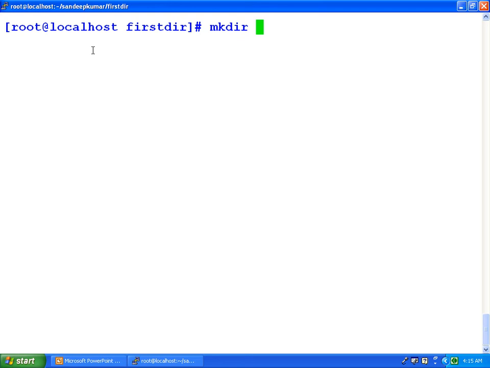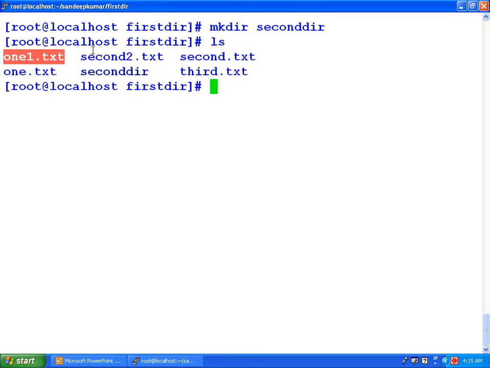Suppose let it be second dir, and we have to press enter. Now by this the directory second dir is created. So by using the ls command we can see that the second dir directory has been created.